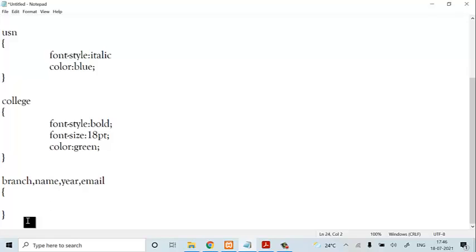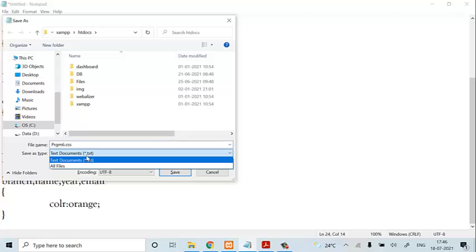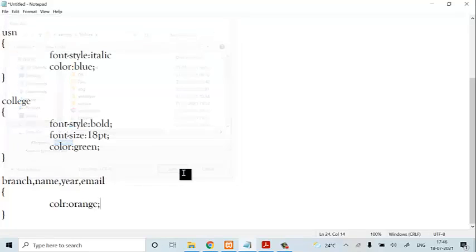So what I'll do here, just only color I'll change. So color colon orange I'll write it. That's it. Now save this code to program6.css. In the same folder where you have saved the XML file, in the same folder you have to store your program CSS file also. Now you save this code.